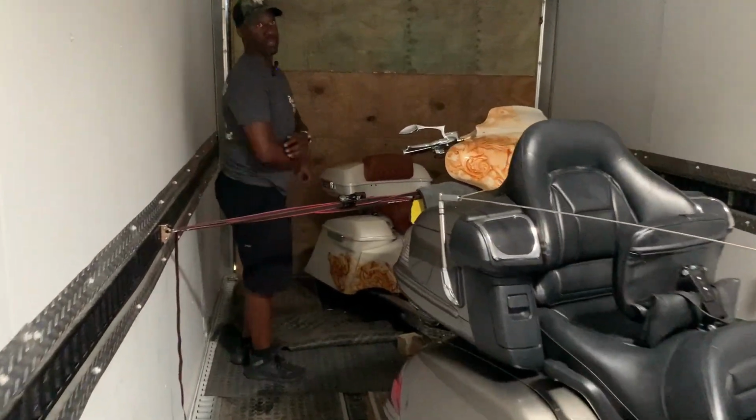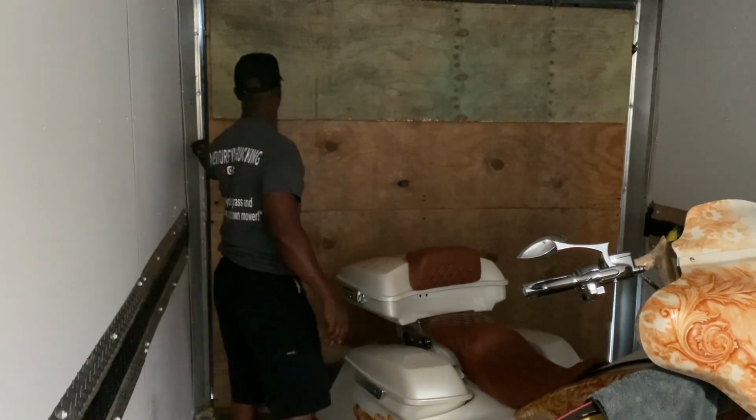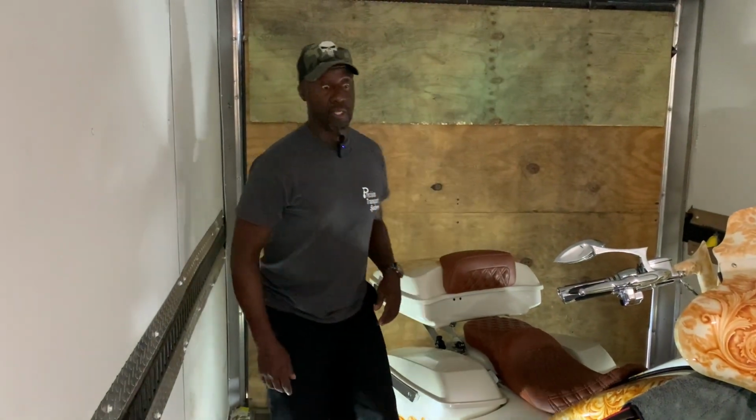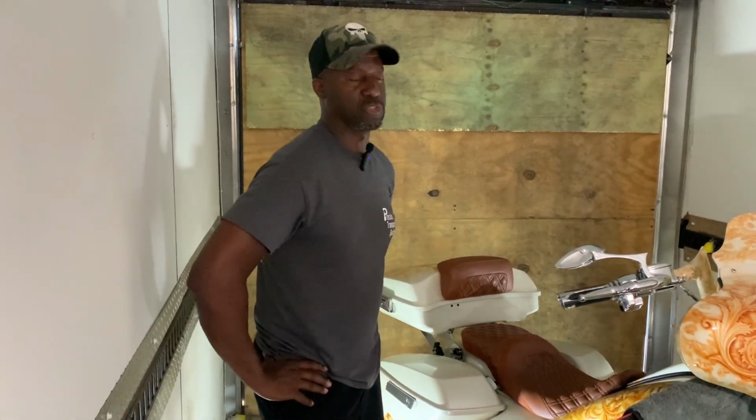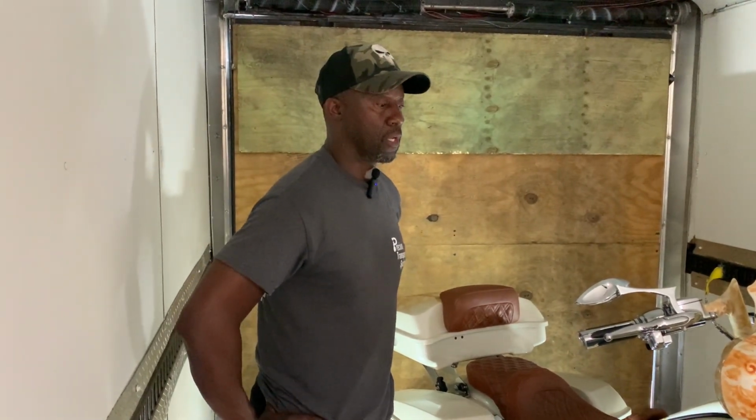All right, man, we just got the trailer back and had the truck in the shop. We had another issue with the transmission. We had an oil level sensor on the transmission, which is internal to the Allison 3000 series transmission. That oil level sensor was giving us a low oil indicator, and a different issue we had was an RPM sensor that was faulty and not showing the transmission and TCM what kind of RPMs the truck was making,